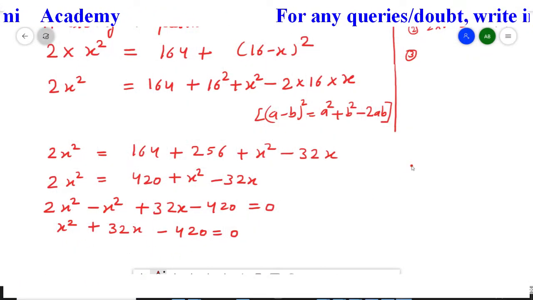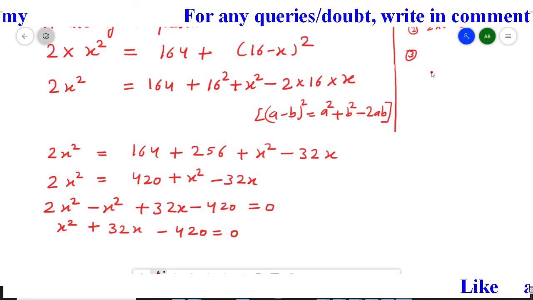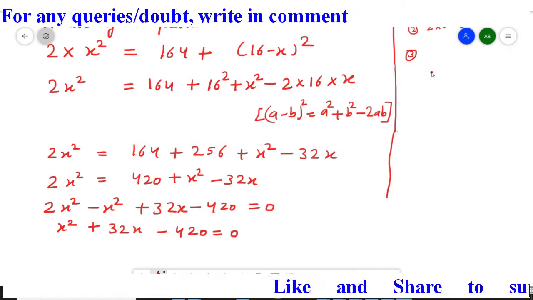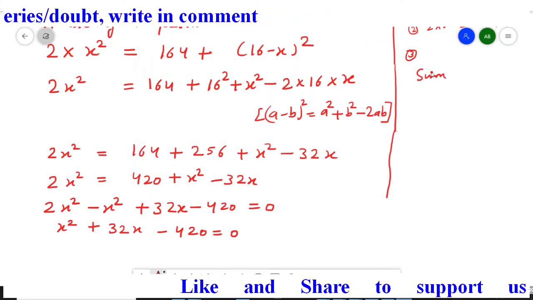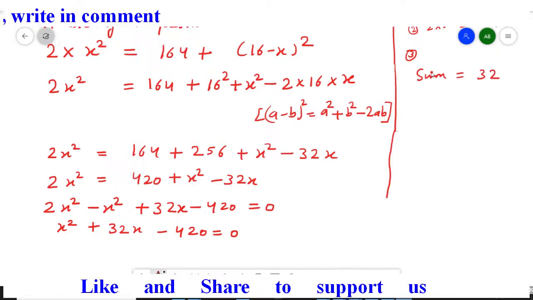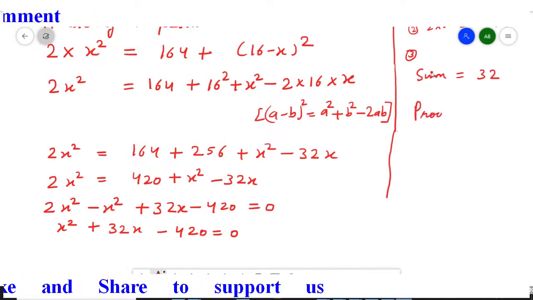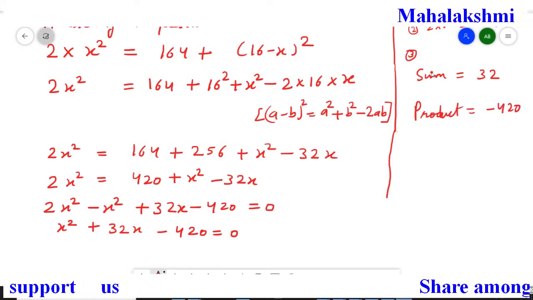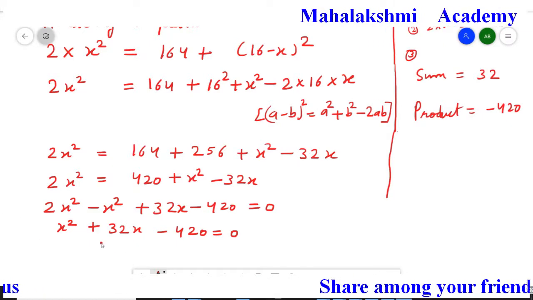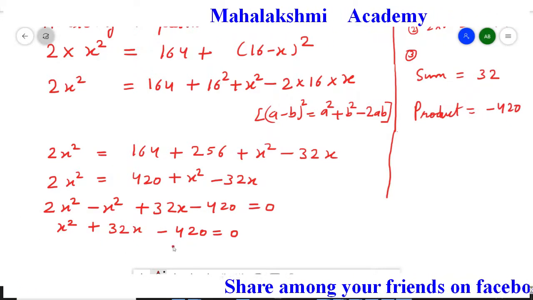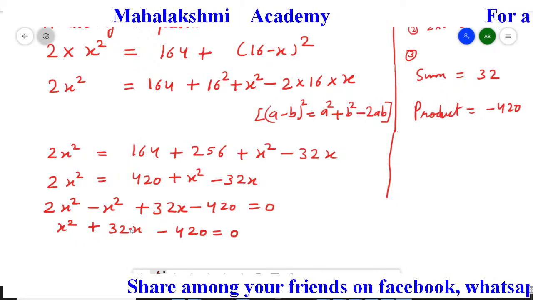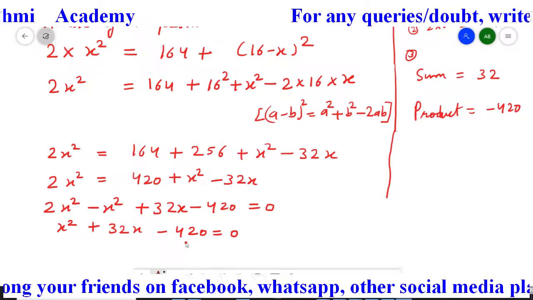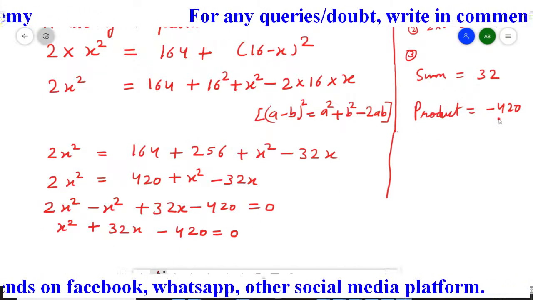factorize it. So here in factorization I am just doing it in the rough column, so you understand how to factorize this quadratic equation. So first, what is the sum of zeros? Roughly I am writing here, sum of zeros is the middle term, that is 32, and product of zeros is minus 420. So just see here, in a quadratic equation, after arranging it in the standard form, the middle term gives the sum of zeros and the product of extremes gives the product. Here the product of extremes, 1 and 420, so only 420 we are going to get.